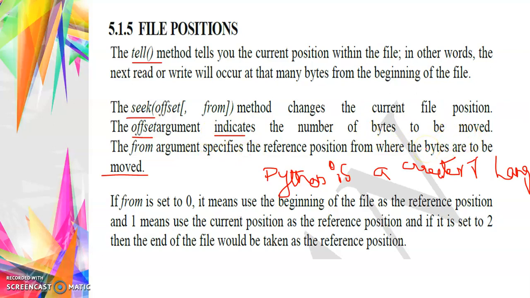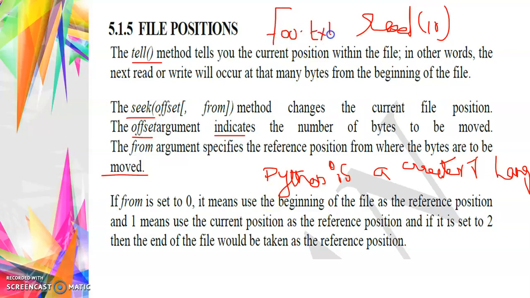Actually, the current position of this file is after we already read with read of 10, where 10 is the number of bytes. We already read the content of the file foo.txt.